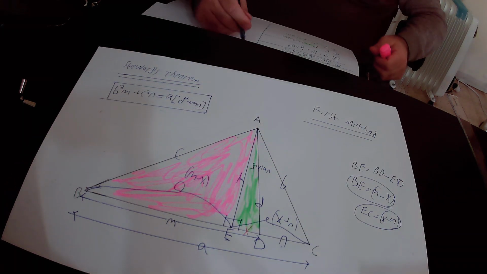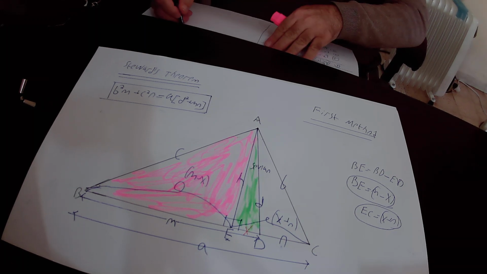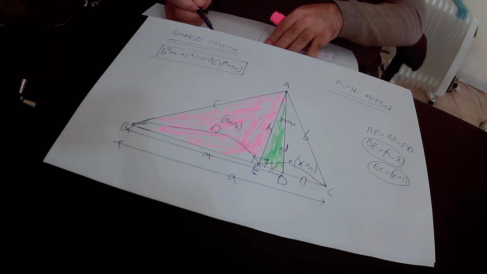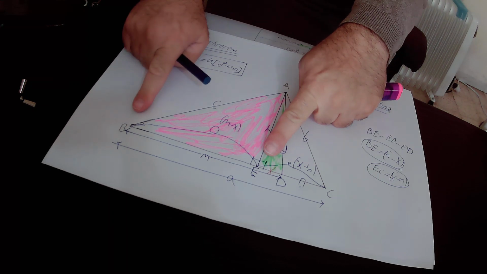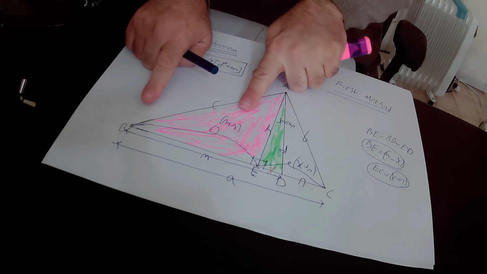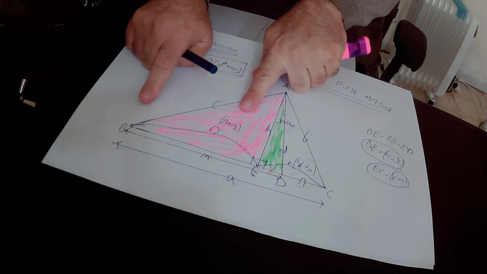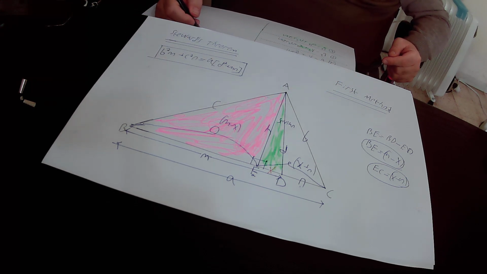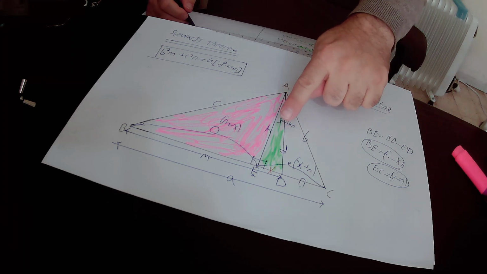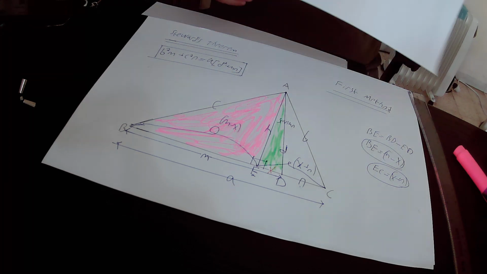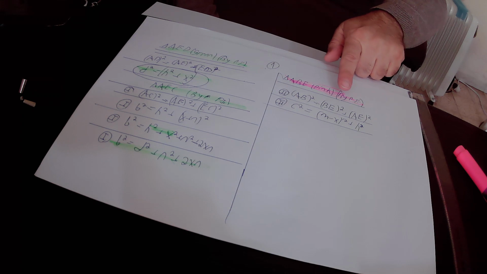Okay, so AB equals C, therefore AB square is C square, and it is equal to BE square. We already found out that BE equals m minus x. Therefore we substitute BE by m minus x. So if BE equals m minus x, it means that BE square is (m minus x) square. So we substitute BE square by (m minus x) square plus AE square. AE equals h, therefore AE square equals h square. In conclusion, we found out that according to equation number 2, in the right triangle ABE, C square equals (m minus x) square